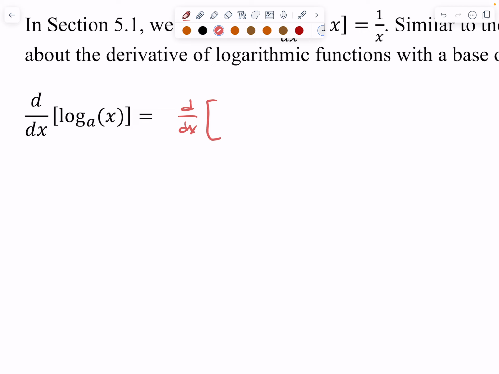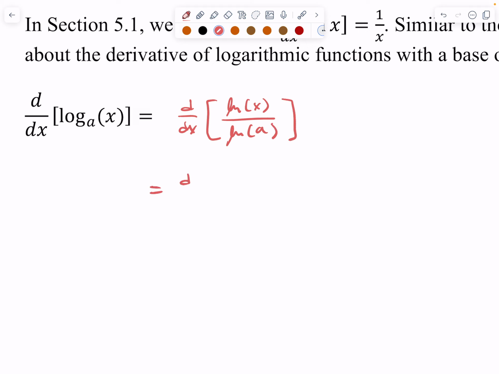Remember, change of base formula just says that we can rewrite log base a of x as log base b of x over log base b of a. You can basically choose what the base would be. So I'm going to choose that base b to be base e, since we do know what the derivative of log base e is, right? Natural log of x. So I'm rewriting log base a of x as natural log of x over natural log of a,